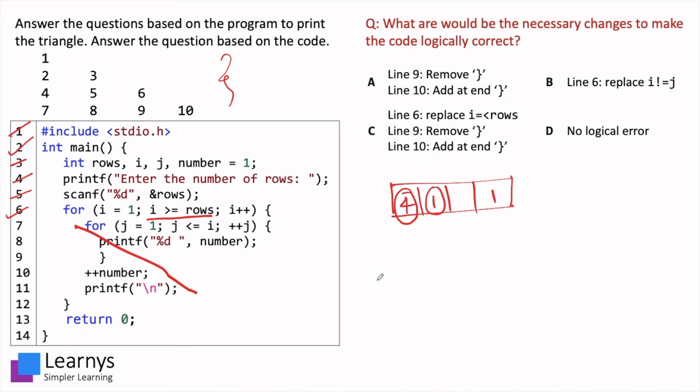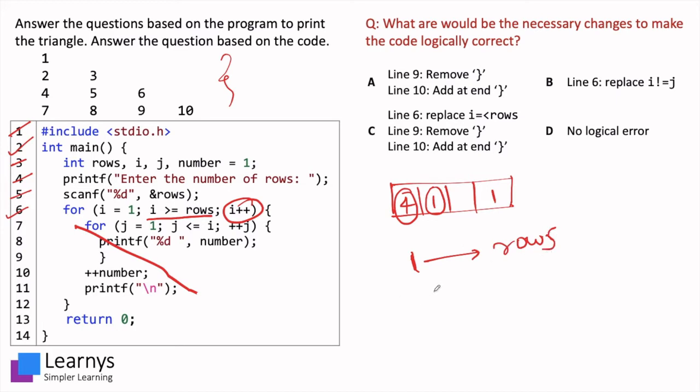So what we need to do is, in line number 6, we need to replace the conditional. What should we replace the conditional with now? We have to run the conditional from 1 to rows, including the number rows, and we are incrementing the integer by 1. What does that mean?